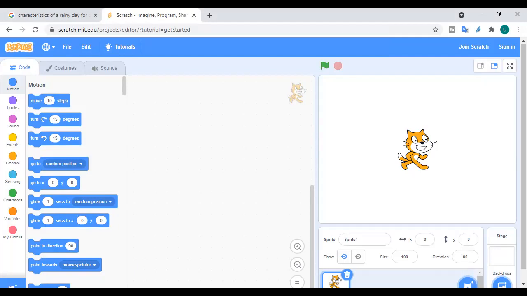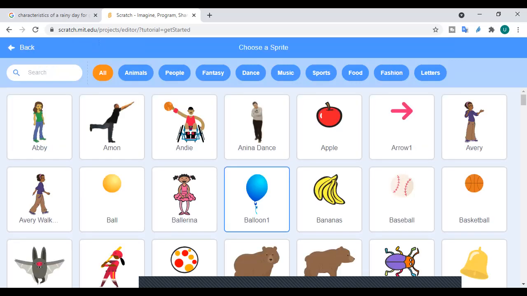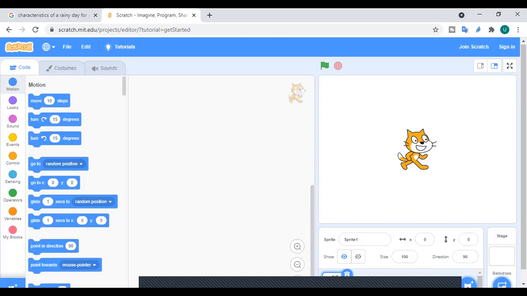What we have learned so far is what a sprite is. Sprites are basically pictures on Scratch. How can we change that? We can change it easily by just clicking on this cat face. It will open a list of sprites for us, and by clicking on whichever we want, it will change to that, right? Let's say I want to have this bear, so I'll just click on this, and over here I have this bear as my sprite. If I want to delete the previous one, I'll just delete it. Now this bear is my only sprite.